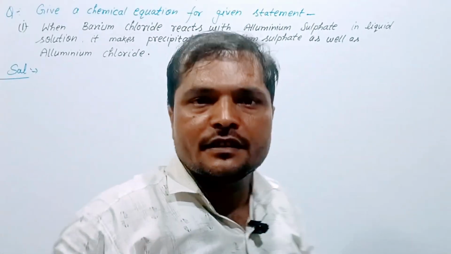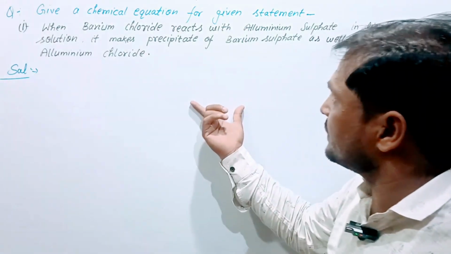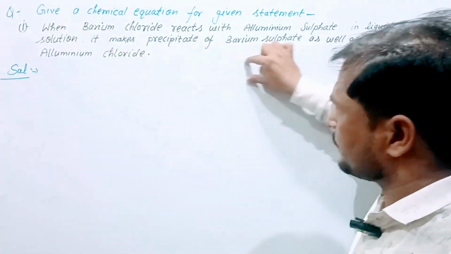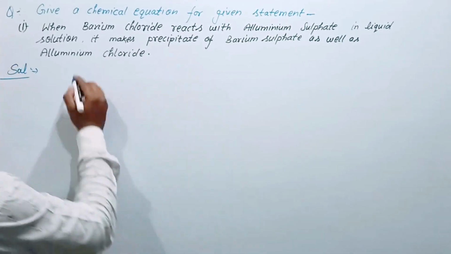First we need to write this statement in form of equation. It means that all the reactants as well as products may be written in form of equation in our own words. Let us start. Barium chloride,